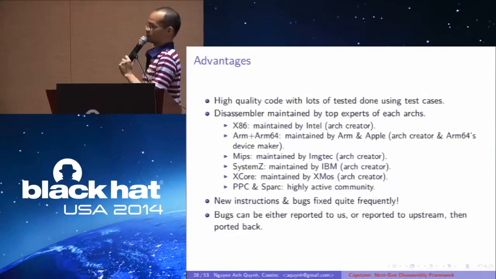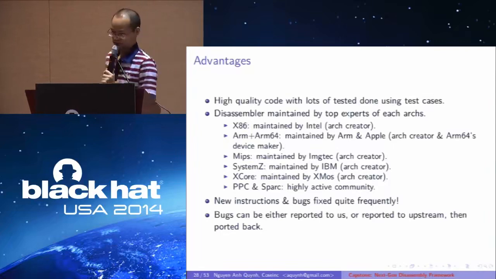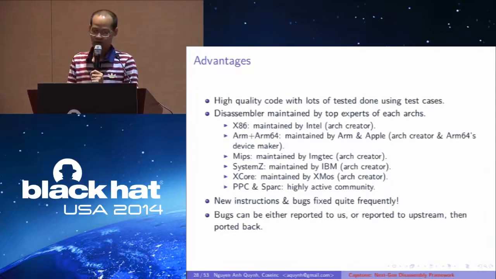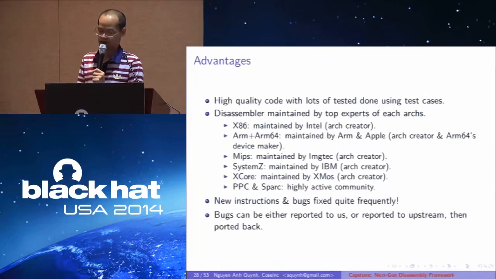So the advantages of using MC are many. For example, first, LLVM has high quality code with a lot of tests done using many test cases inside LLVM. So the code quality of LLVM is very good. The disassembler inside LLVM is maintained by top experts of all the architectures. For example, x86 is mainly maintained and contributed by Intel, the x86 creator. ARM and ARM64 are maintained and contributed by ARM and Apple,